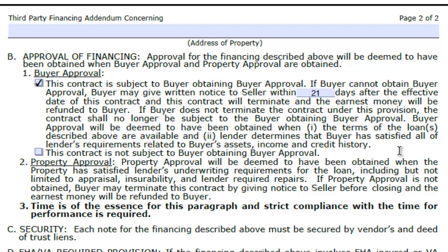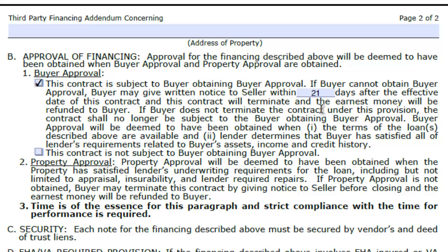And if you put much less than 21 days here, you could be handcuffing your lender to an impossible task. It takes a certain amount of time for them to get that approval done. So you just want to make sure you give your lender enough time. If you're on the seller side, the lower days you see here, the better off your client is. On the buyer side, the higher number of days you see here, the better off your client is, the more